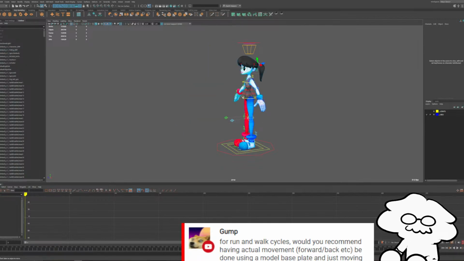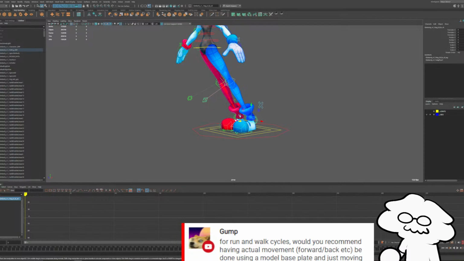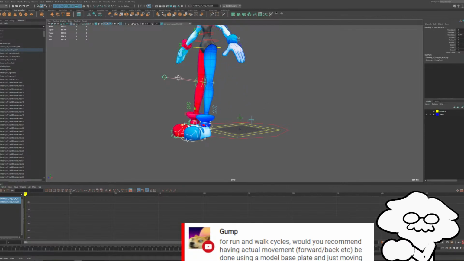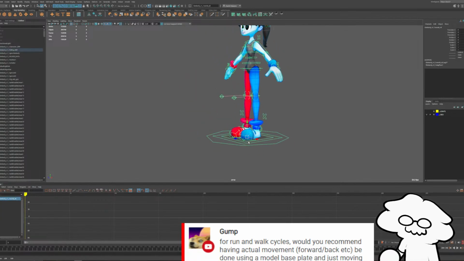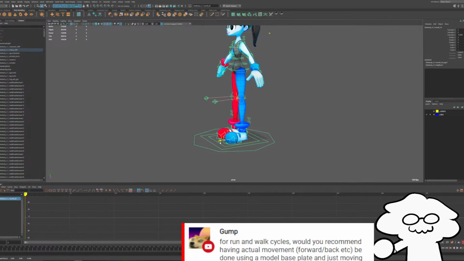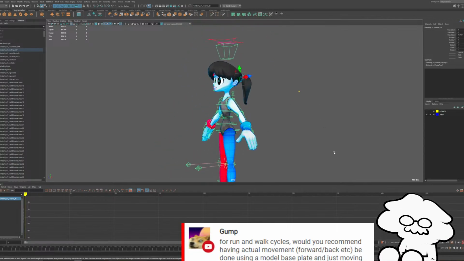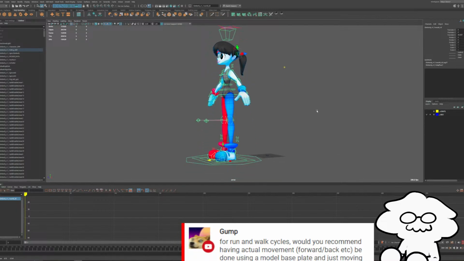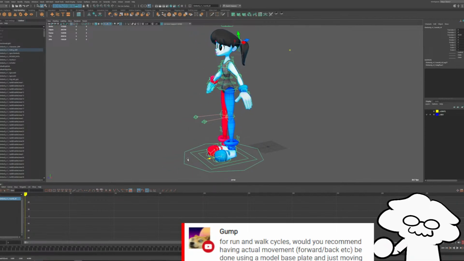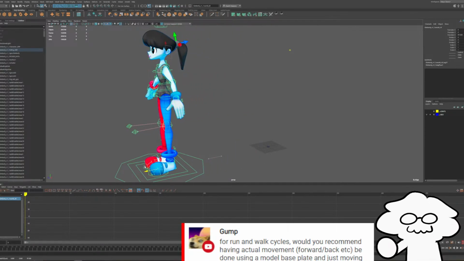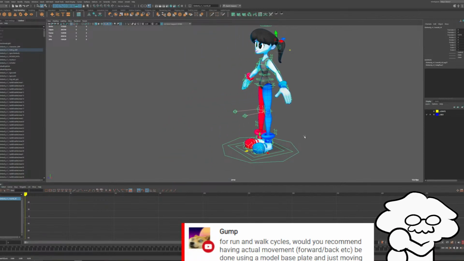Versus if you need a character to go from A to B, you would animate the upper body control and then the legs like that. So those are two different methods. The first, animating the master or local control to just move forward, is better if the camera is at this height where you don't need to see the legs. Because if you animate a cycle, we can get into this a little later, if we animate a cycle and then just animate the control underneath, it's easier, but you might have the legs sliding around.